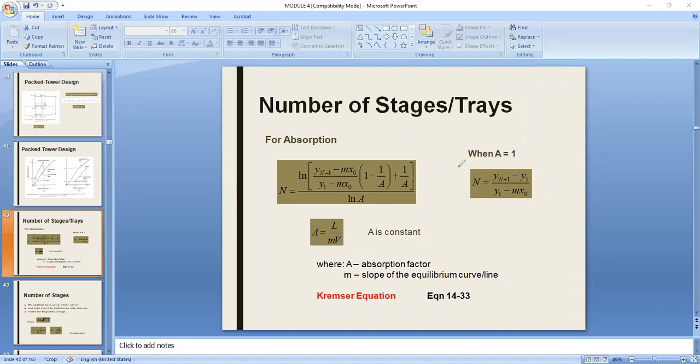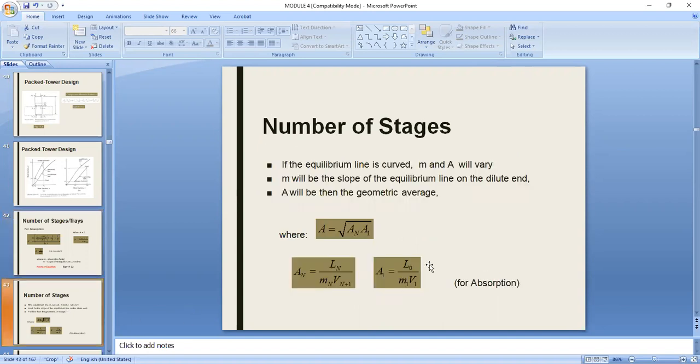So this is the Kremser equation that determines the number of stages analytically, both for gas absorption and stripping. There's a corresponding equivalent for stripping that I will show to you, but in terms of form only, they're similar. Okay, so here, if the equilibrium line is curved, M and A will vary. So M will be the slope of the equilibrium line on the dilute end, as stated already, and A will